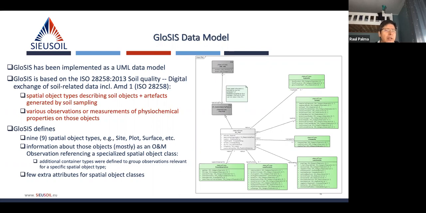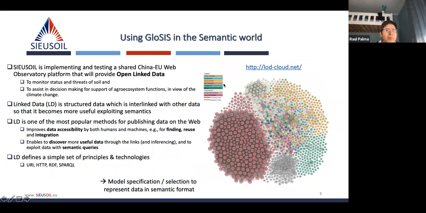The idea here is that they used something called container classes, or container types, that were defined to group different observations relevant for a specific spatial object type. Additionally, they had a few extra attributes for spatial object classes. So that was the starting point, what we had at the beginning. Then, of course, the point was how we are going to be using Glosis in our semantic world. And this comes because,